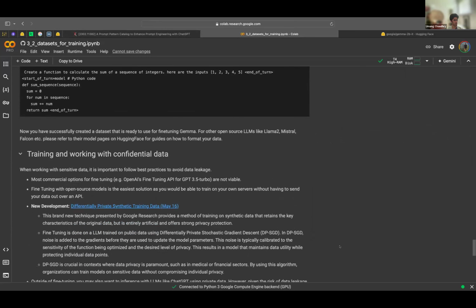Coming back to the conversation we were having on Monday about confidential data, training with confidential data provides its own set of issues. You obviously can't just use random data to train or fine-tune a model and then expect it to respond correctly, because it might not know the specifics of what you're asking for. But generally, what we've seen is most commercial options for fine-tuning, such as OpenAI's fine-tuning API, are simply not viable for this. Fine-tuning with open source models is the easiest and most straightforward solution,